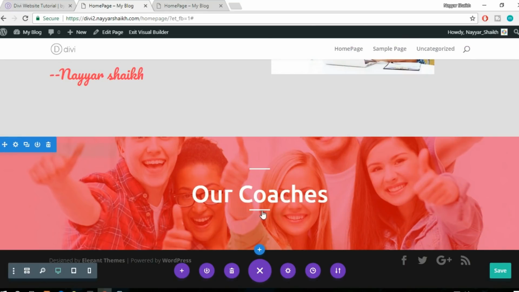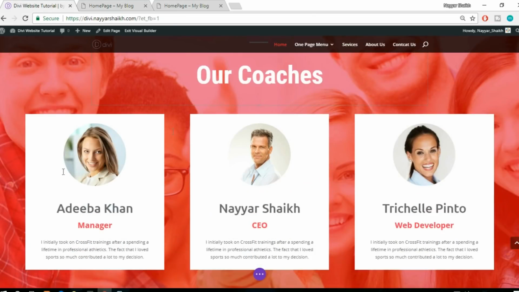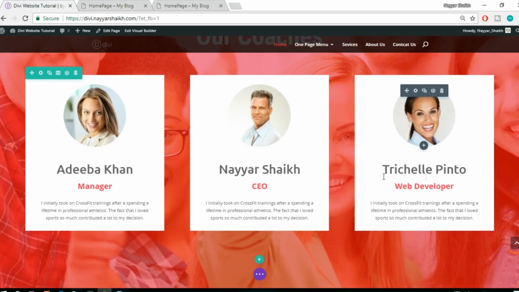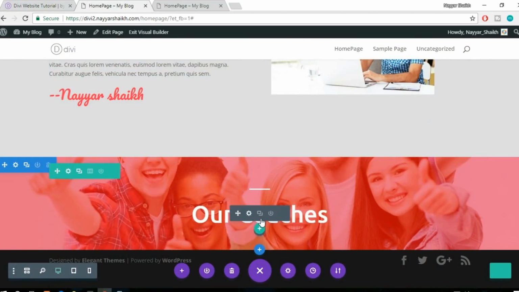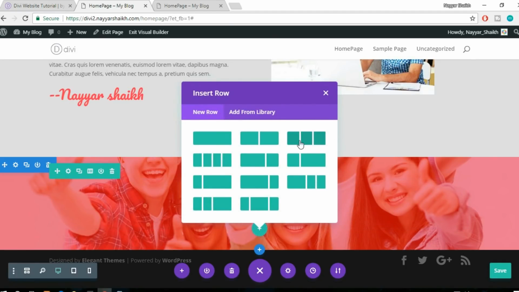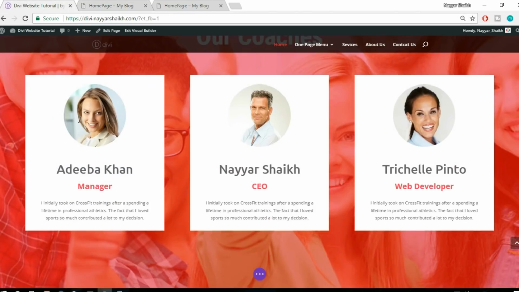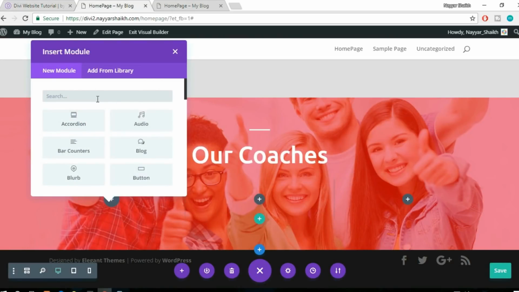Click on OK, and let's get rid of this second divider. Let's delete that. Now we have to add this section, 3 different people over here. So for that, click on this green plus button. Now select this thing, 3 different columns. Fine. Now here at the top we have to add an image. So first select image,